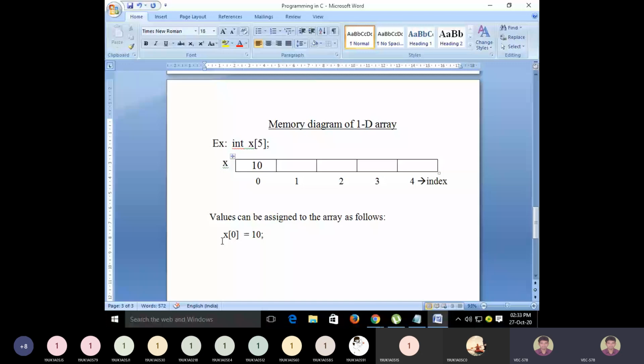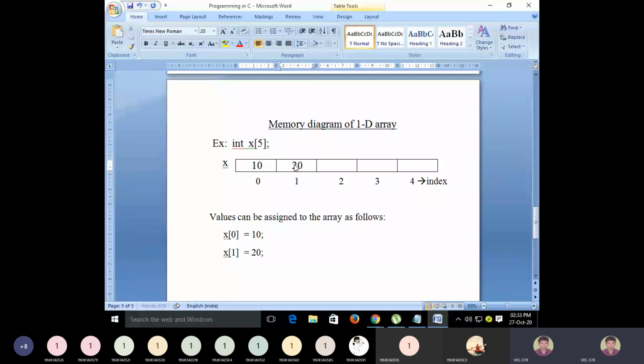Okay, so similarly we can use the notation. Where is the second element? At index 1. So we access the second element location as x of 1. So x of 1 is equal to 20. When you say x of 1 is equal to 20, then 20 will be stored in this memory location.